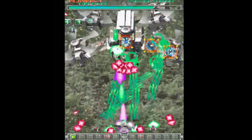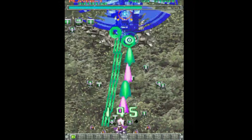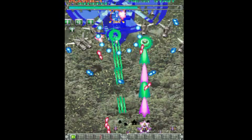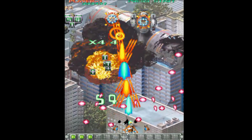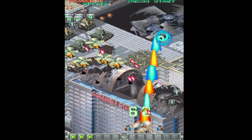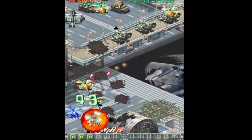couple clips for this. The boss fight here looks good, feels good, and basically you have the responsiveness, because I've tested this in the background, to be able to navigate around the bullet patterns, because the number one thing about any sort of IGS PGM core, especially with the cave bullet hell games, is if it doesn't feel natural, it doesn't feel right, you're going to have a very difficult time actually playing the game, and that's something that you don't want to encounter, because you have to have perfect responsiveness in your controls or else you're going to get